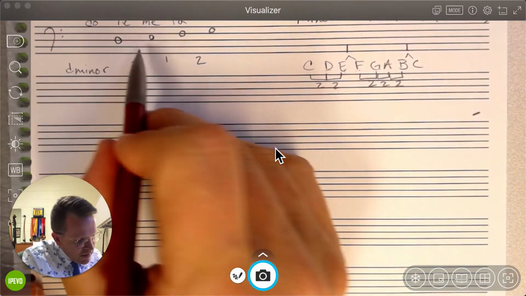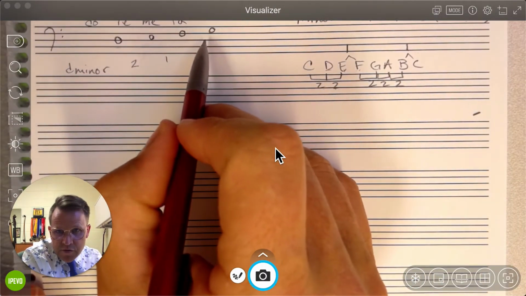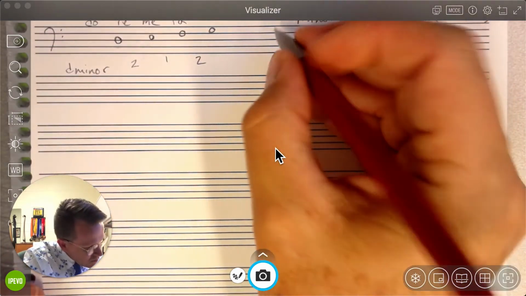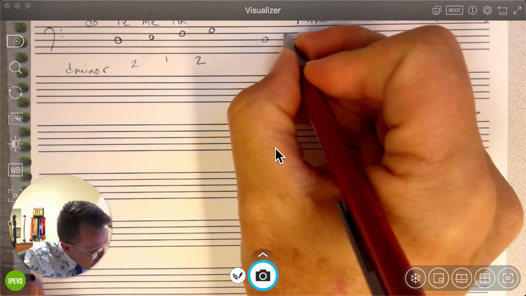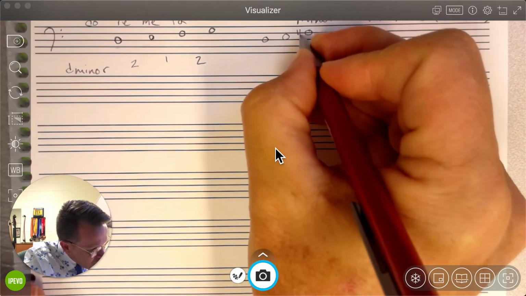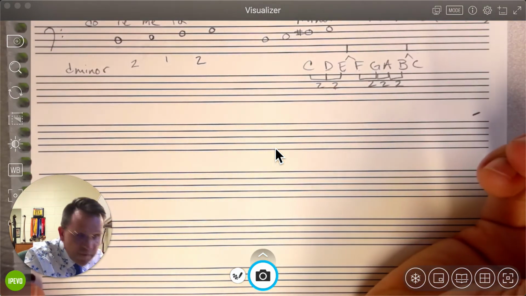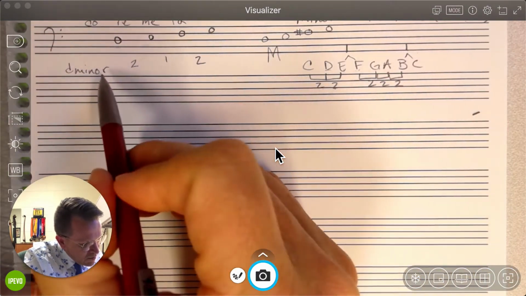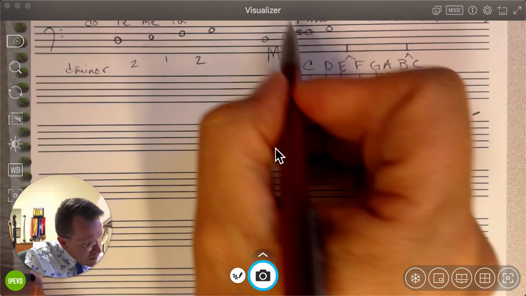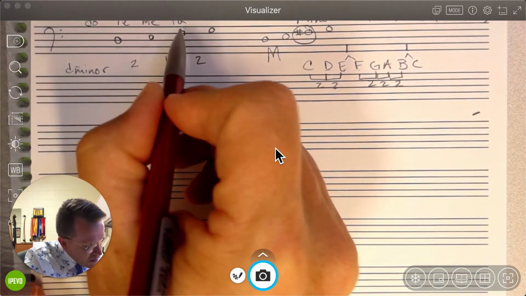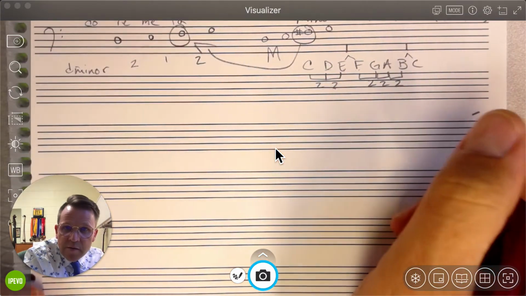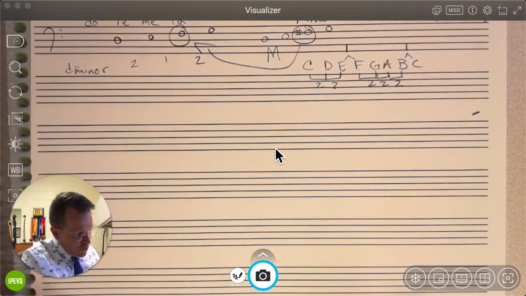Some of you may like to think back to your major tetrachord, and you would think, oh, well, that started off as D, E, F sharp, G. And the difference between a major tetrachord and a minor tetrachord is that you have taken mi and you have lowered it to me.